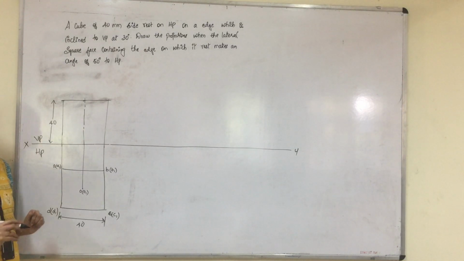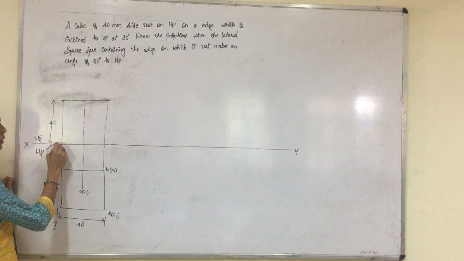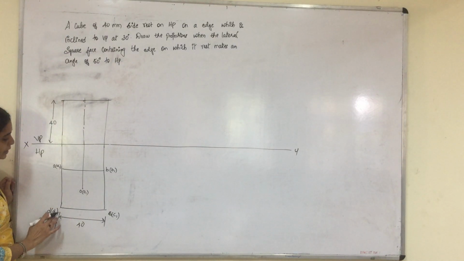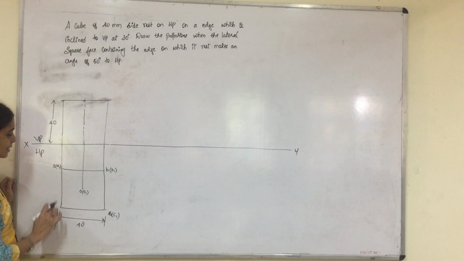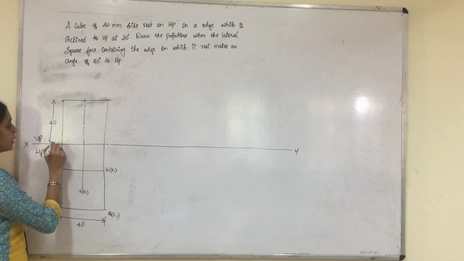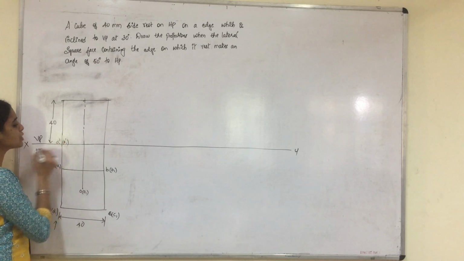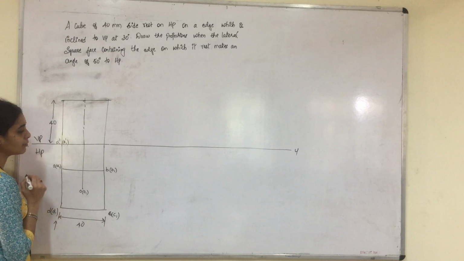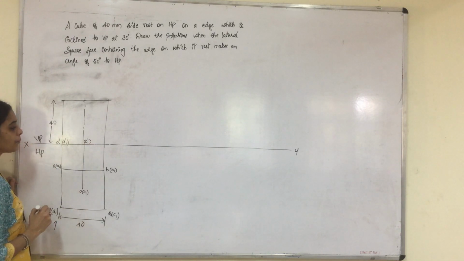Then you have to show the naming also. When the observer views from here, let us do the naming for the bottom surface first and then for the top. The bottom surface is associated with D1 and A1. D1 and A1 are along the same line. D1 will be visible when he views from the bottom, A1 will not be visible. So you will write D1 dash outside the bracket and A1 dash within the bracket. When the observer views from here, the center O1 will not be visible, so here we will write O1 dash within the bracket.